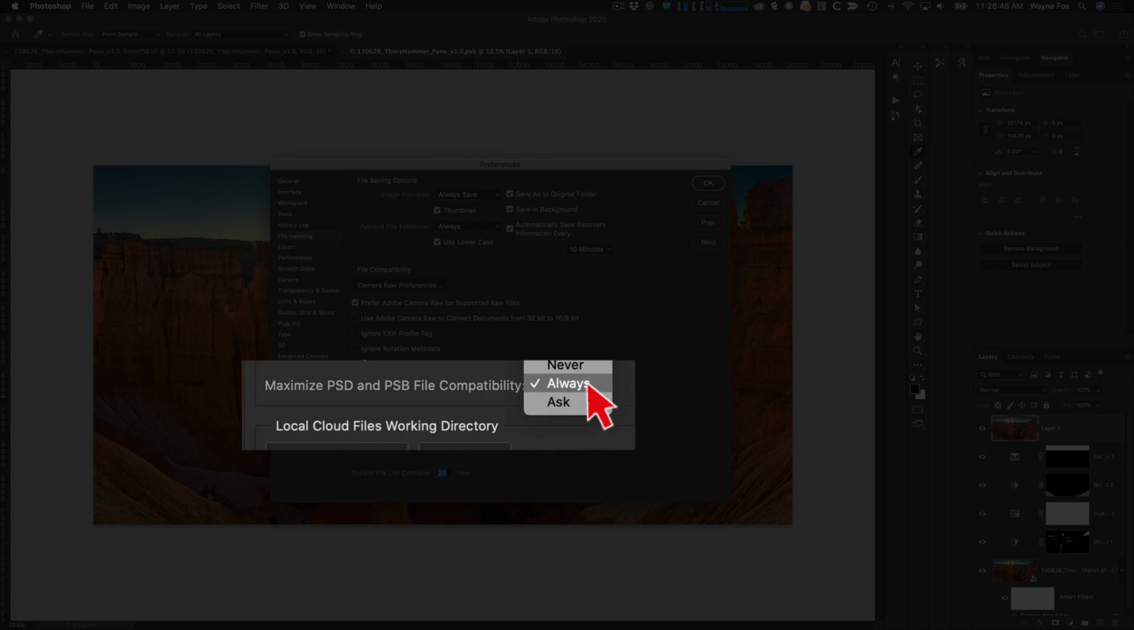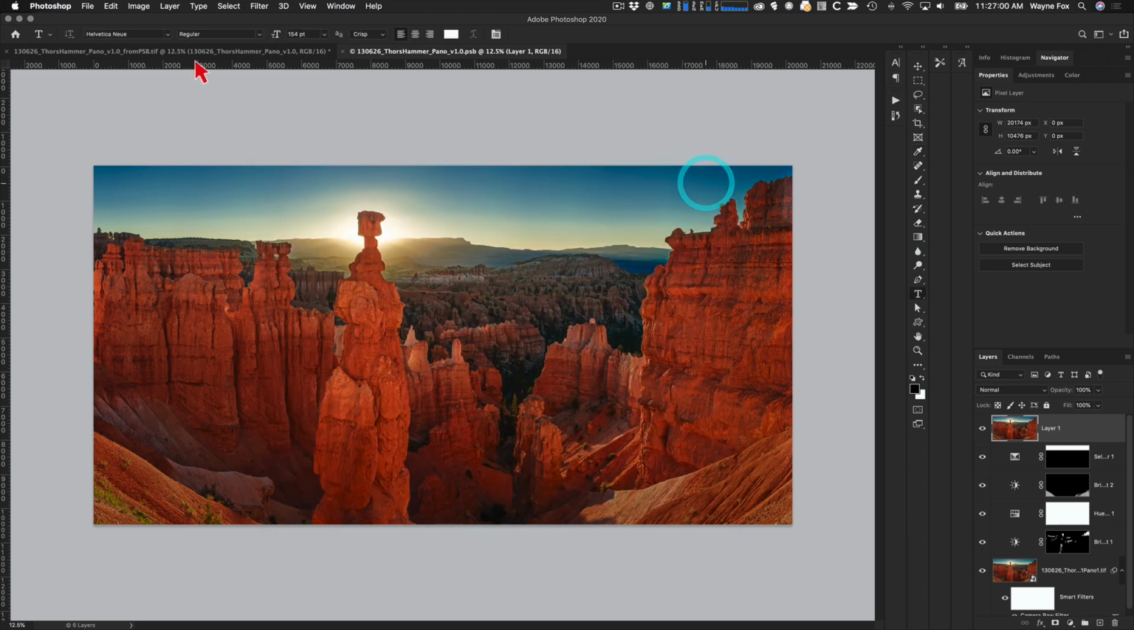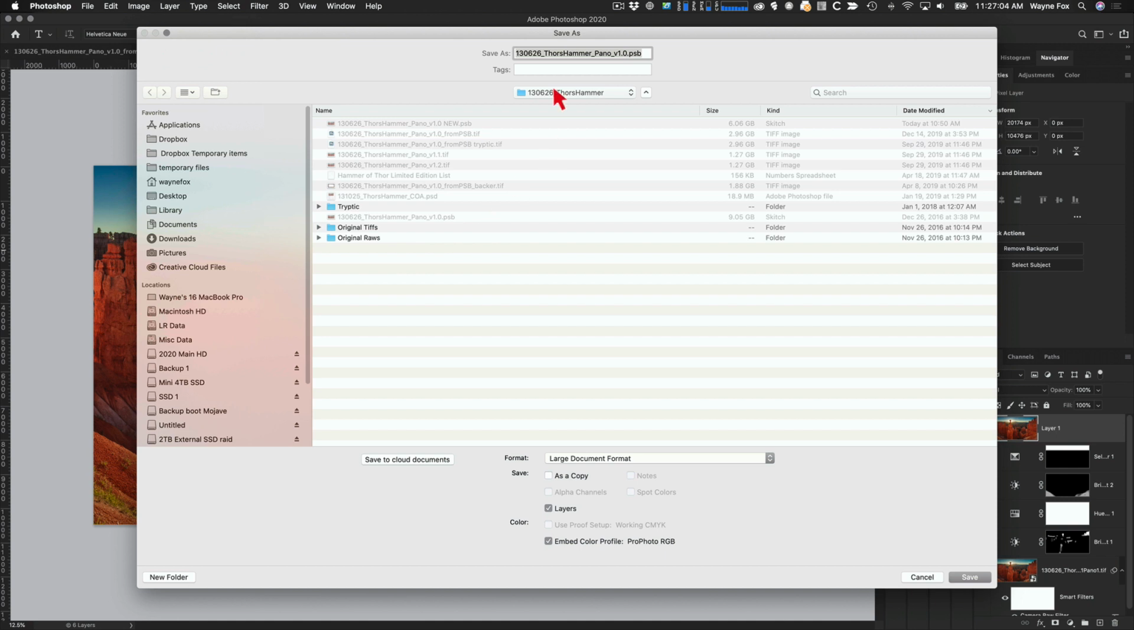Now, the other file that you saw in that import dialog was a new version of this that was saved, and I had Always checked, so it will import. Make sure it's not set to Never, because you definitely have to have that turned on when you save it. Once you do that, then all you do is a Save As,